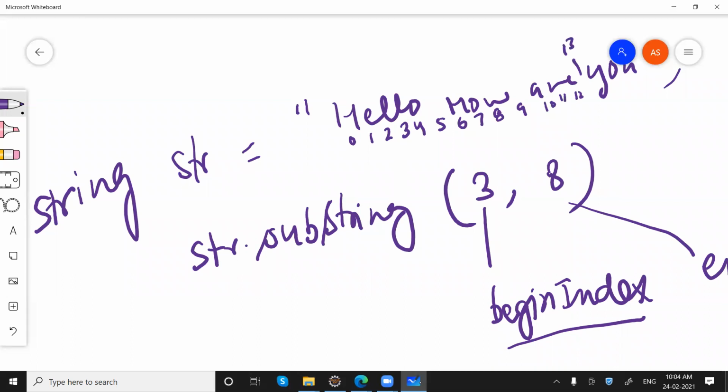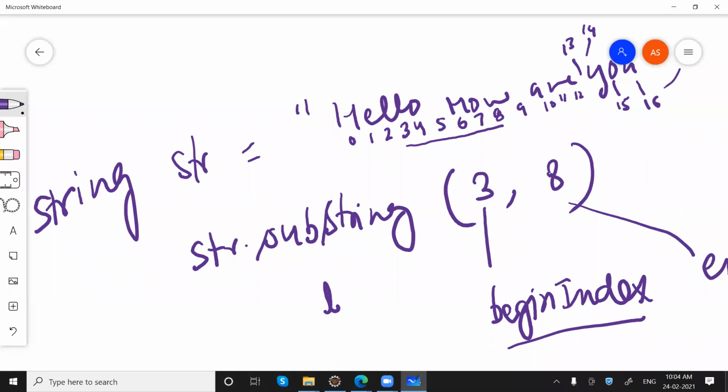Then this is 13, 14, this is basically 15, and the last one is at 16. Okay. So I'm saying third. So third will be L. So we are saying start from L, go till 8. So it will start from this position and go till this point, W.